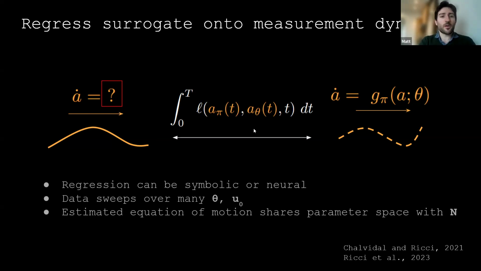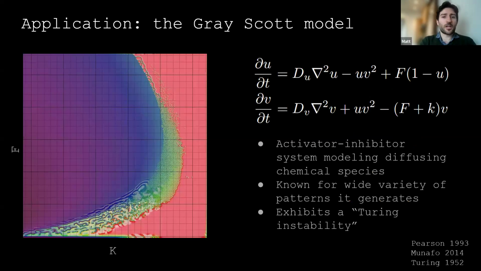Okay, so let's talk about a very simple application. The application is going to be first a synthetic data from the Gray-Scott model. That's a particular reaction diffusion equation, which you'd encounter as a pattern generating system with certain correspondence to biology. It has the following functional form, and it's a good example of a two-species reaction diffusion model taking the form